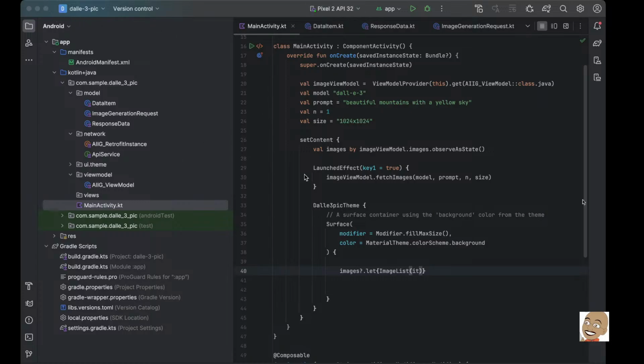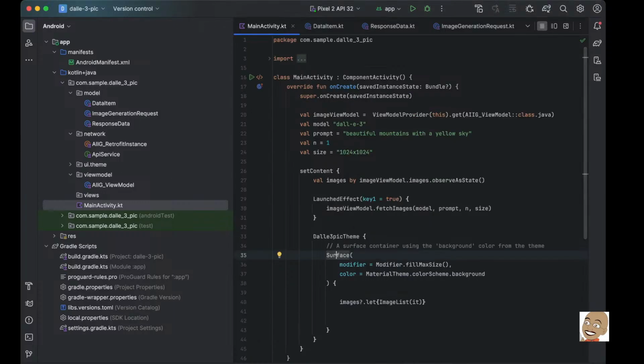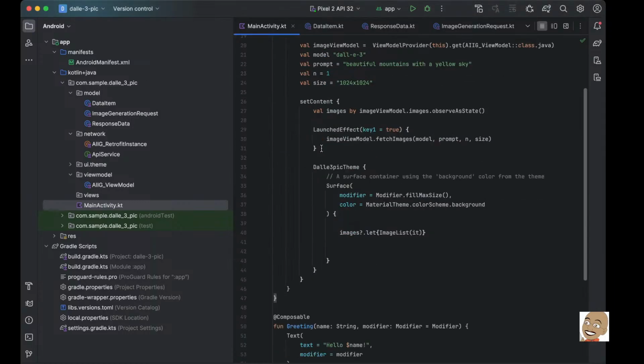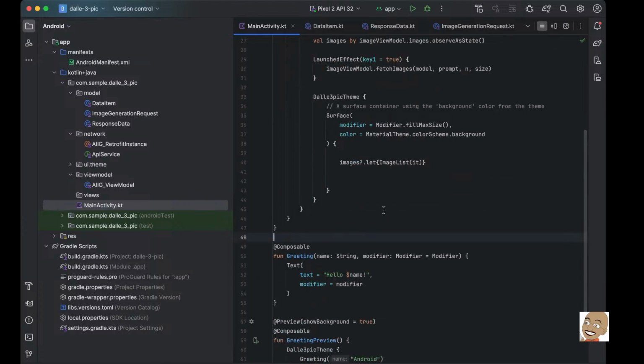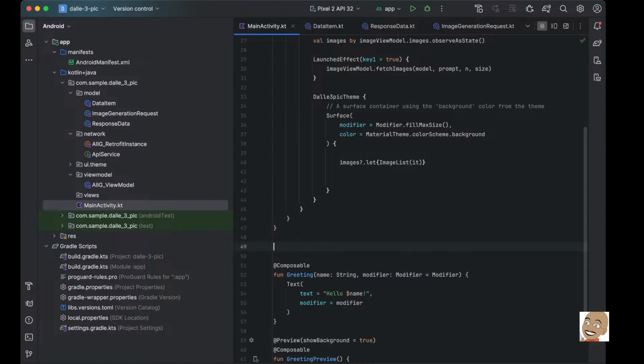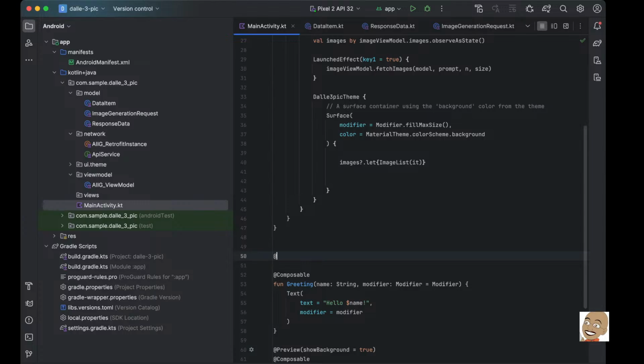It really doesn't require that much code to implement our image list composable. We're just going to have our composable within the same file as our main, but we just have to make sure that the composable is outside our main, like this greeting is. So, all right, we're gonna make our own composable here, and we always need this annotation to make our own composable,